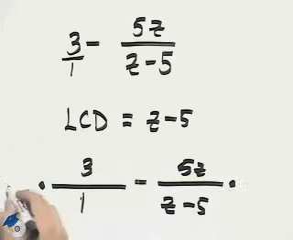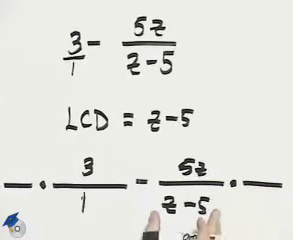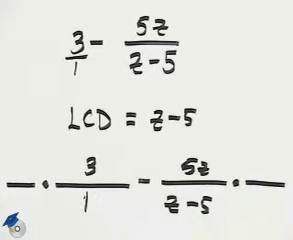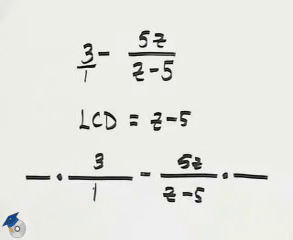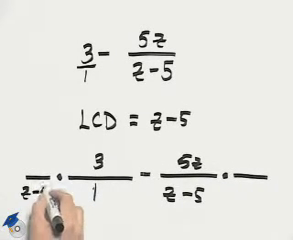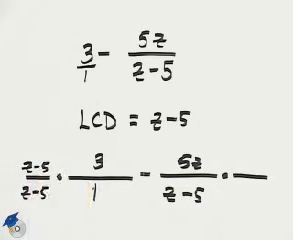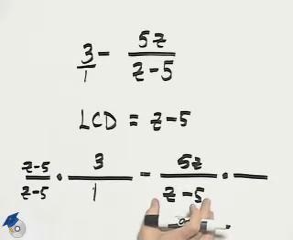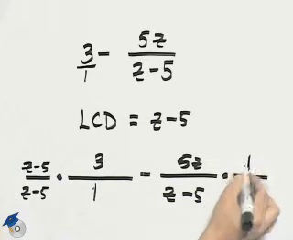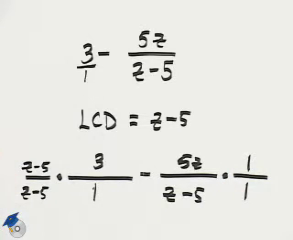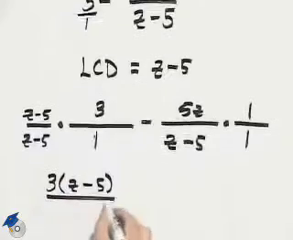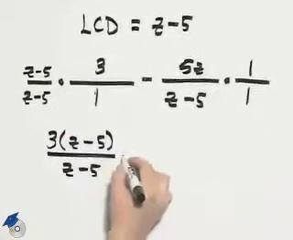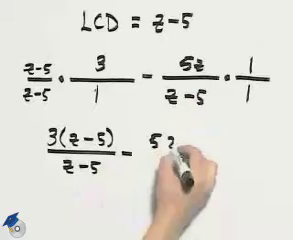So we will multiply by some form of 1 to help us get a denominator of z minus 5 for each fraction. To get a denominator of z minus 5 in this first fraction, we need to multiply by z minus 5. So we will do so in the numerator as well. We already have z minus 5 here, so we'll multiply by 1 over 1. Now, multiplying each of these pieces, we'll have 3 times z minus 5 all over z minus 5 minus 5z